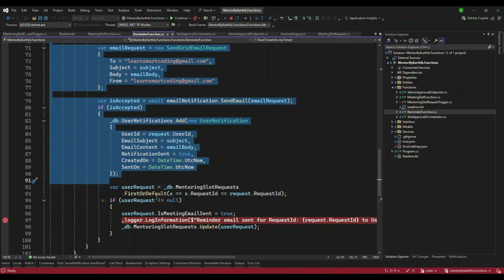So the timer function will automatically pick up records, process them, and send an email notification to the user with the meeting invite, and that's it. We will run this function only when we need it. Otherwise this function is not used at all. So this is what the timer function is all about, and in the next video we'll be focusing on a very important topic called durable function,